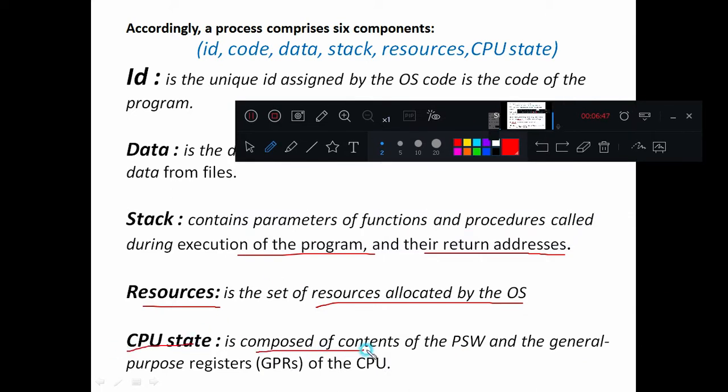Next, the CPU state. The CPU state is composed of the contents of the PSW and the general purpose registers of the CPU. As you already know from the microprocessor or microcontroller, we have different registers. PSW stands for program status word, which will tell you the status of that particular program.